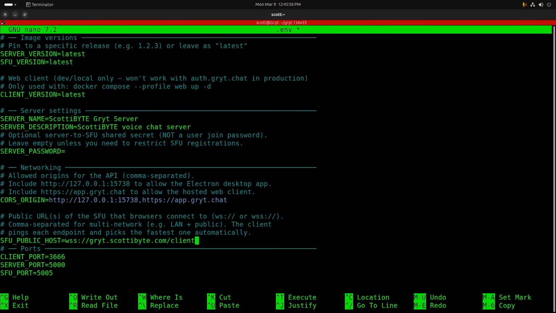and here I put gryt.scotti-BYTE.com/client because after quite a bit of research, I discovered that that was my required endpoint. And then the client port should remain at 3666 for the purposes of this video. The server port should also remain at 5000. The SFU, or Selective Forwarding Unit port, should be